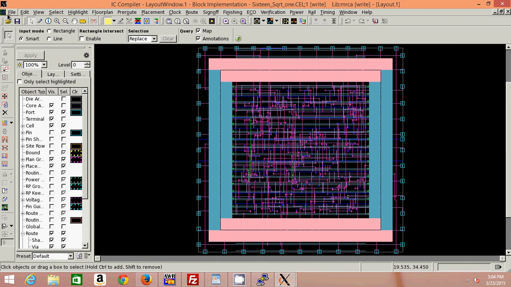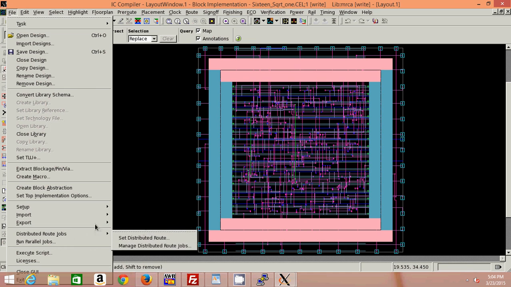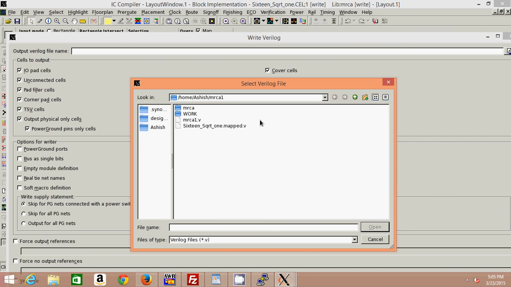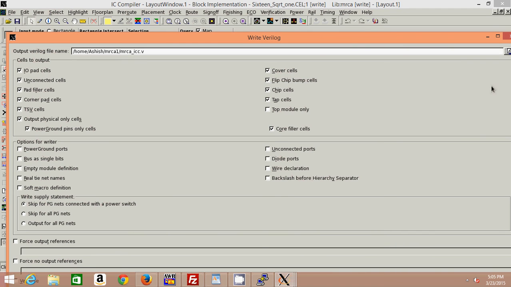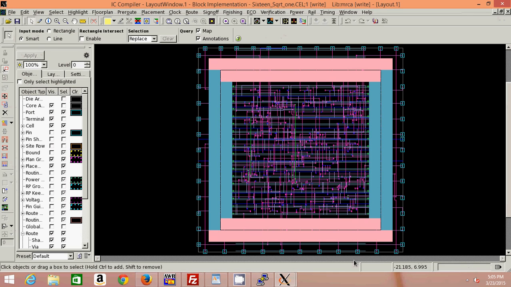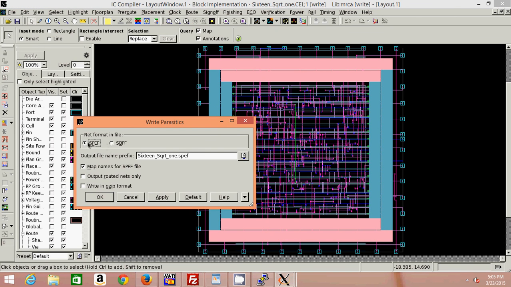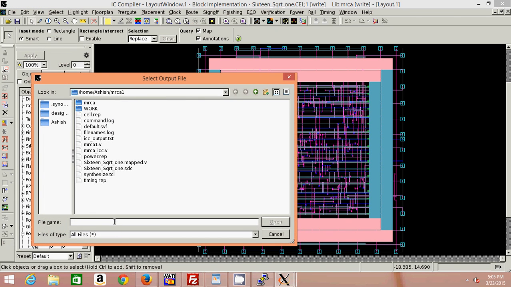Now you can export the Verilog file, which includes all those interconnections. I write it as mrc_icc.v. Okay, and you can export your parasitics as well, the SPEF, mrca1_spef.spef,